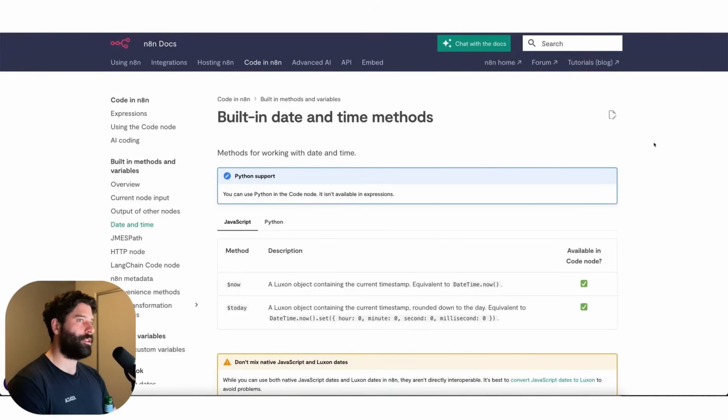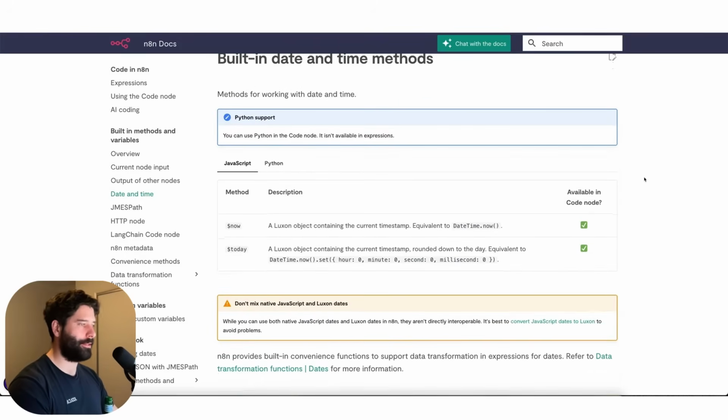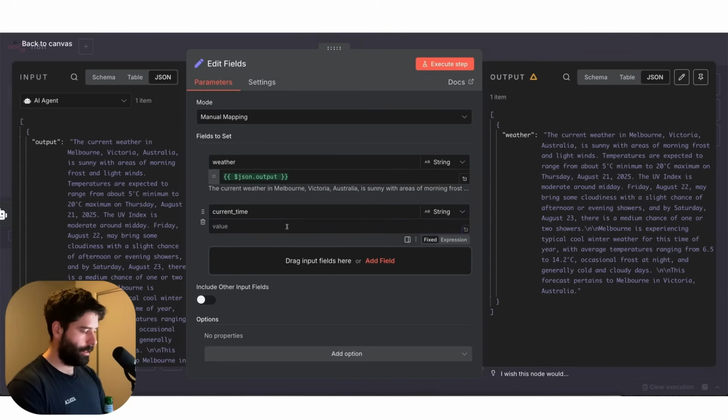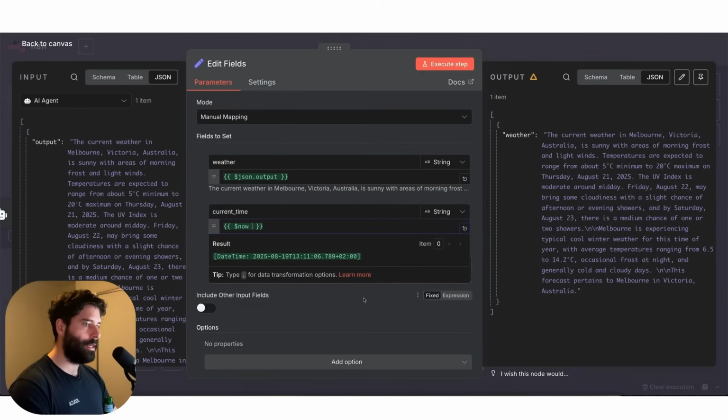So you could have a check in your workflow to see, hey, is it within business hours? If it is, send a message. If it's not within business hours, do not send a message. Just wait until it's like 9 a.m. and then text them. So let's get this now method. And back in our workflow, let's open up double squiggly bracket. Let's go now. And over here, you can see the actual time and date